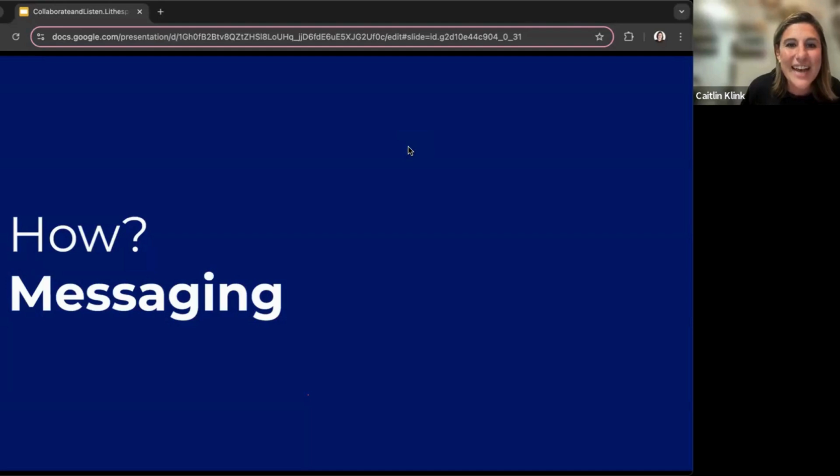Okay, so we've got a lot of Slacks, a lot of Teams. Anybody using both? I've been on a client recently that's using both Slack and Teams, which is just a wonderful adventure. So I don't know how old we are all here, but some of us may remember AOL instant messaging, which was instant messaging, right?